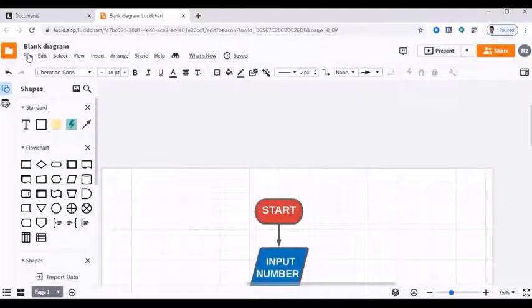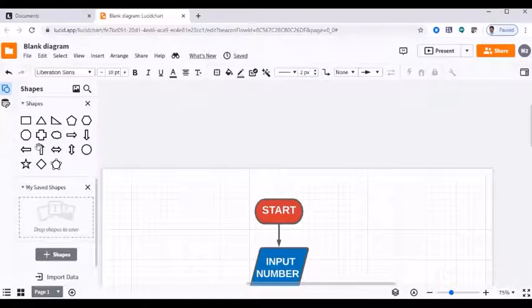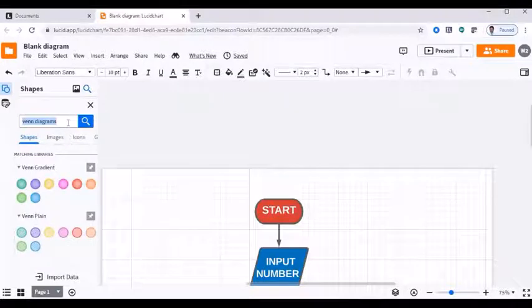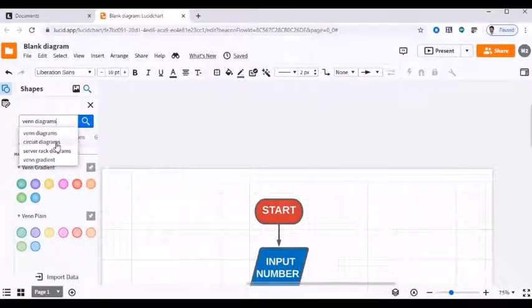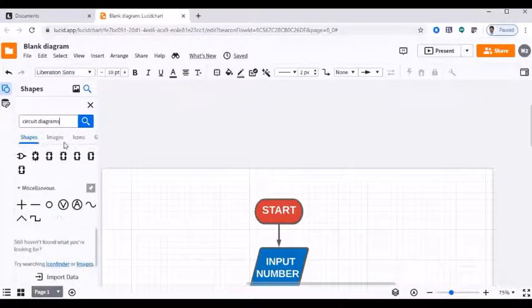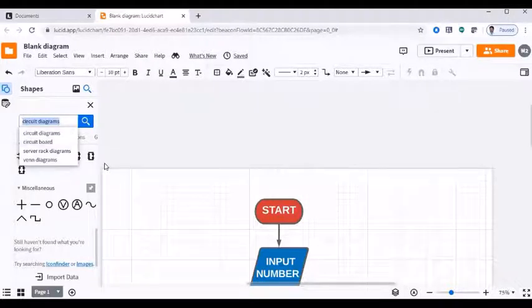If you are not only looking for flowcharts and you are looking for something else, you can go for, for example, a Venn diagram, circuit diagrams, various circuits and flowcharts, layout diagrams.